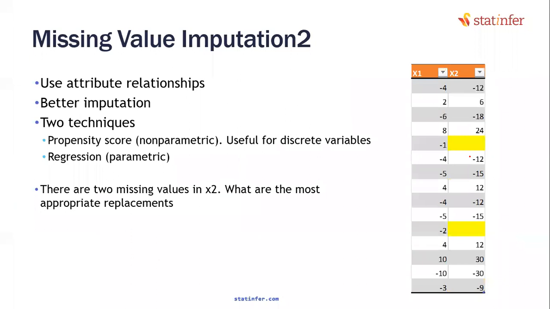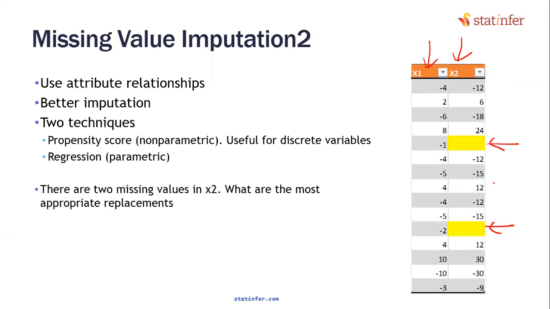Looking at this data, you have x1 given here, x2 given here. If I find the average of x2, that will come to around 0. Can I put 0 and 0 here? Or can you give me a better imputed value? Can you give me a better imputation value, which is logical, meaningful, and I should be convinced that you had to fill something here? Can you tell me that?